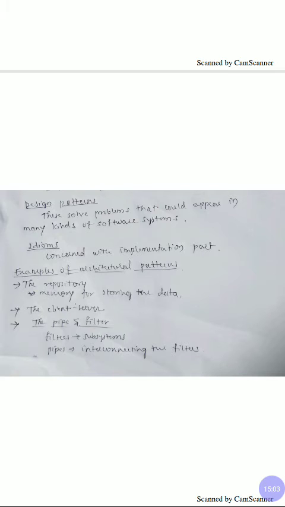The next thing is the idioms. Idioms are concerned with the implementation part. Idioms are a low-level design pattern. Idioms are the patterns of programming and are usually associated with specific languages. They typically refer to the use of certain syntactic elements of the language. As programmers, we often find ourselves using the same code every time we have to accomplish a certain task. Here we are going to use the idioms pattern.